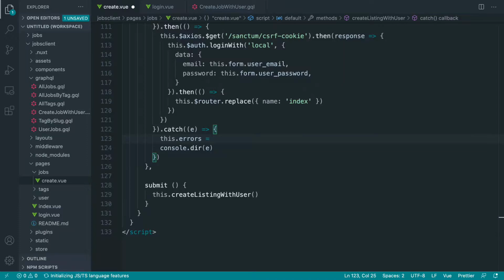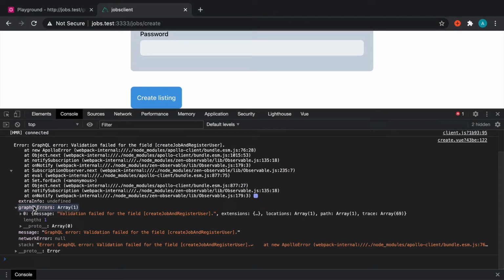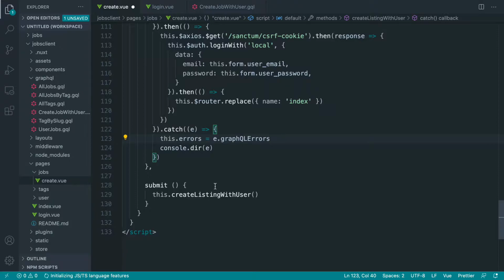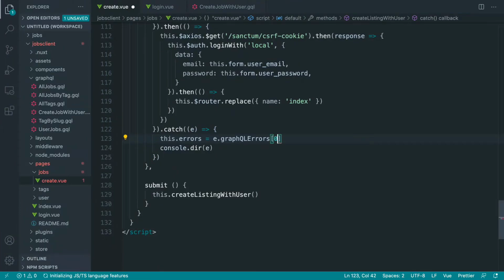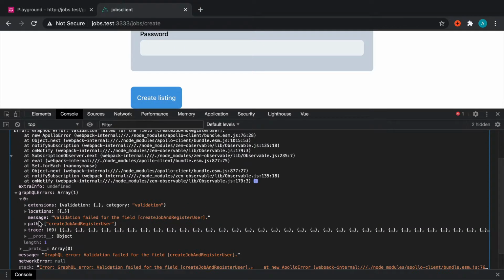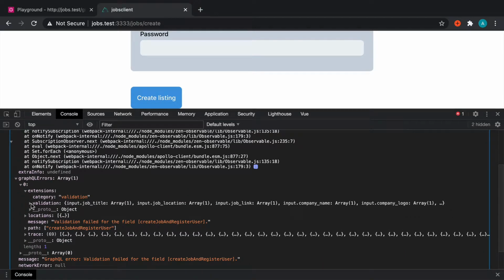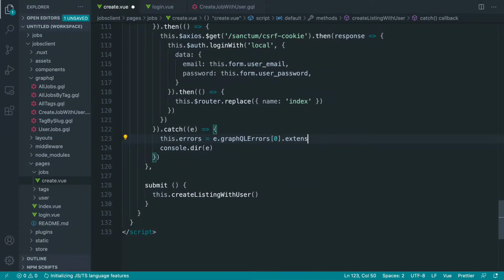There are other ways of validating. If you need more complex validation, then you might want a kind of front-end solution for the validation rather than doing this after it's submitted. But either way, we can now say GraphQL errors. So we know that's where the errors lie. And then if we look in here, we've got an array with just one key in there, the 0 key. And then inside of here, we then have our extensions and validation, which contains all of these. So we can just say extensions validation, and that should collect up the errors